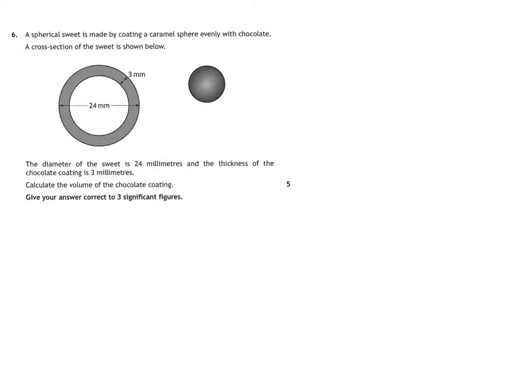Okay, question 6. A spherical sweet, that's not easy to say, is made by coating a caramel sphere evenly with chocolate. A cross-section of the sweet is shown below. The diameter of the sweet is 24 millimetres and the thickness of the chocolate coating is 3 millimetres. Calculate the volume of the chocolate coating. Give your answer correct to 3 significant figures. Okay, so what we want is this shaded part in here. In other words, it's big sphere